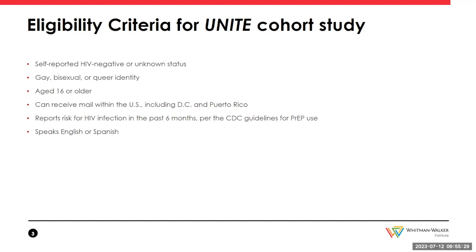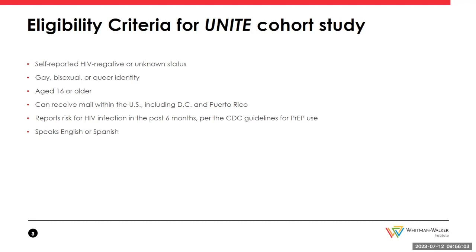So in terms of eligibility for the Unite cohort study, they had to be self-reported as HIV negative or unknown status, and then subsequently test negative for HIV at their baseline enrollment assessment. They had to identify as gay, bisexual, or queer, age 16 years of age or older. Also, they had to be male identified. So cis men and trans men were eligible for the study, but had to be male identified. Had to be able to receive mail within the United States, including the District of Columbia and Puerto Rico,